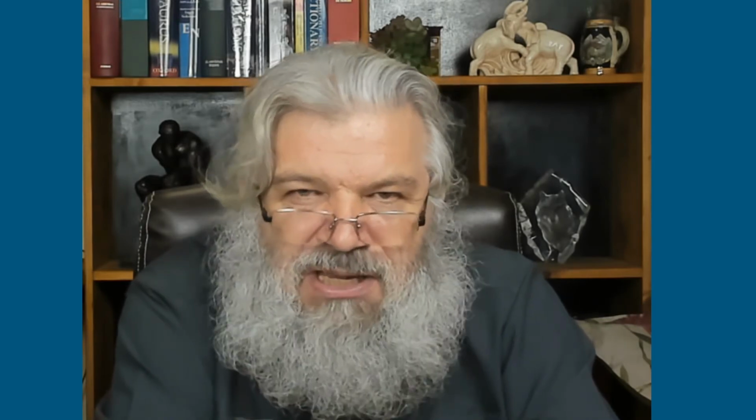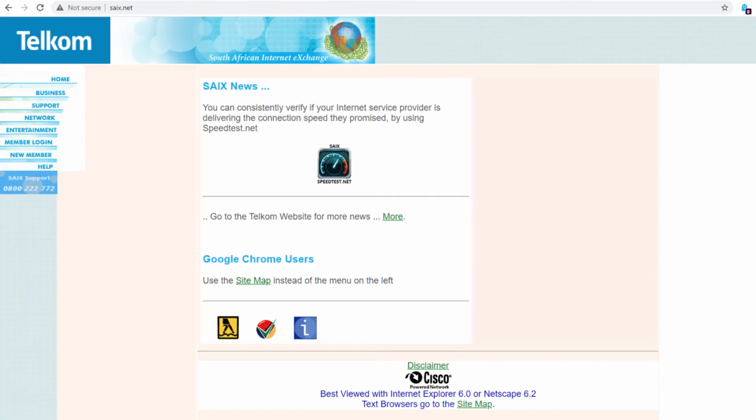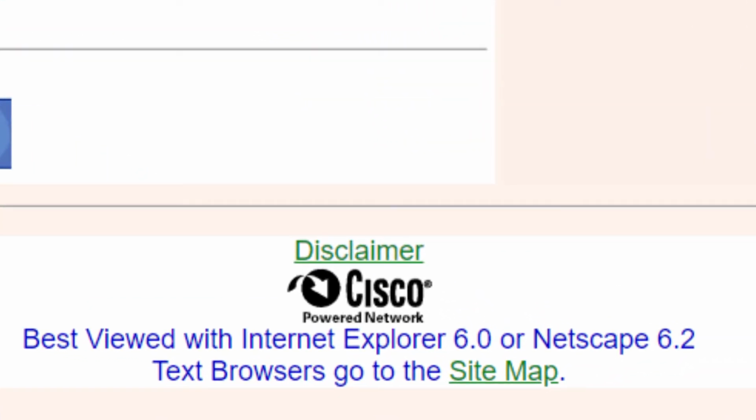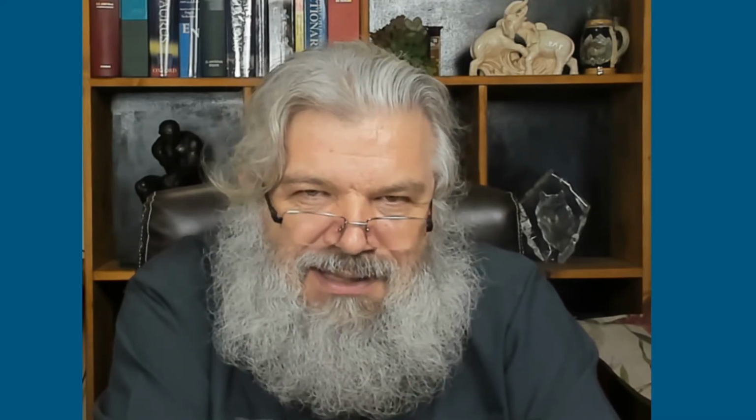However, we also do have internet exchanges that exist because of agreements that are in place between specific ISPs. And the South African Internet Exchange, SAIX, is one such example that you may want to look at. In a very similar sense, it may be worth your while to Google the notion of a carrier hotel. That is a building that sort of serves as a hotel for various carriers or ISPs.